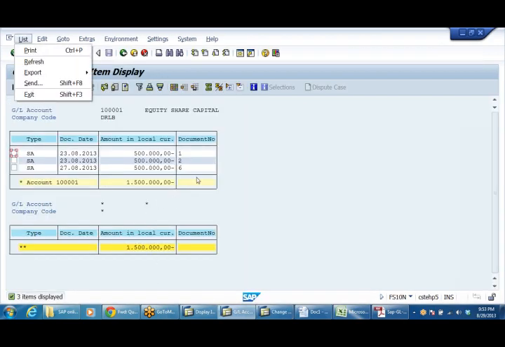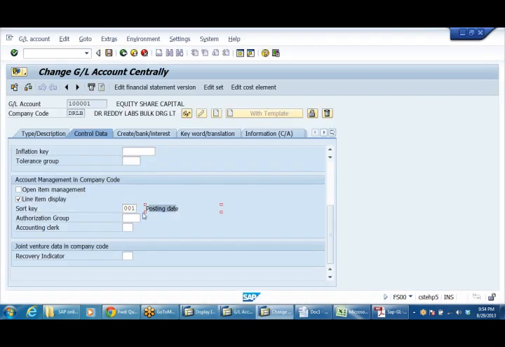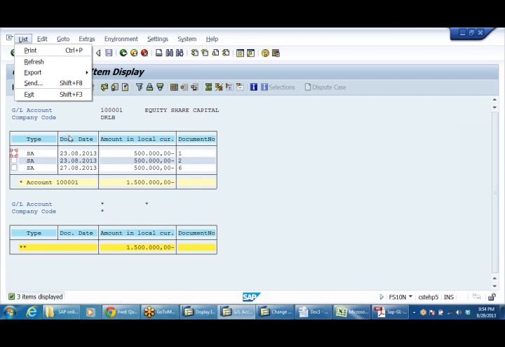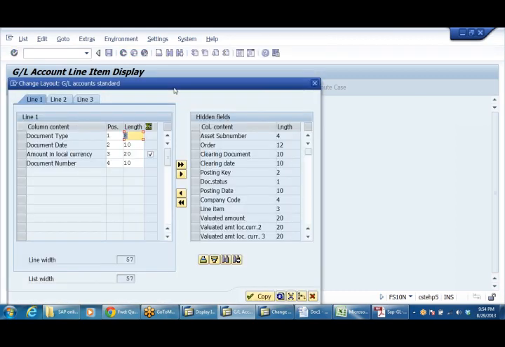And in which way should these line items be displayed? That is document date or posting date. Both will be the same here because both are the same in our case. What I told the system, posting date I said, even here document date the system is showing, posting date is not there. I want to have posting date here, right? Here there is a button called layout. Change layout means, the layout is the way how you are looking at the information. I want to change that layout. Here I want to have the posting date also.